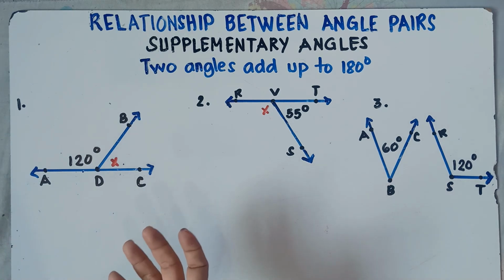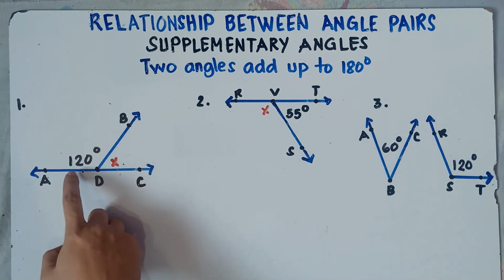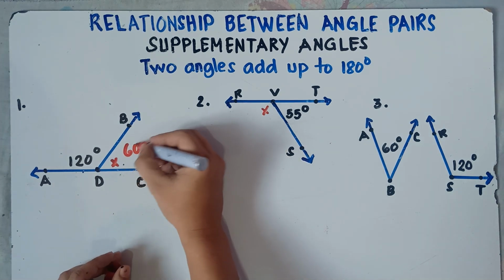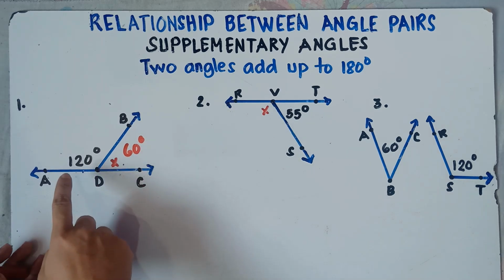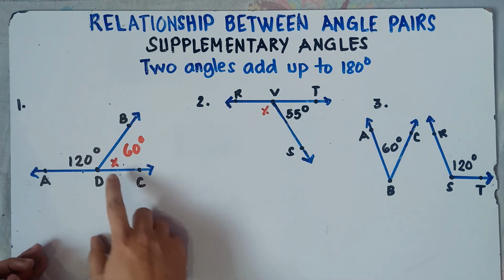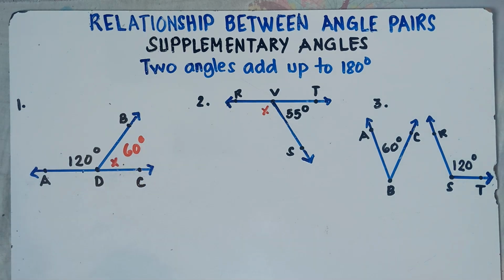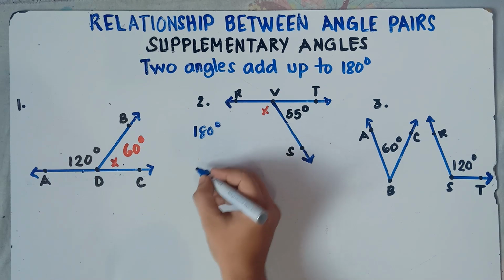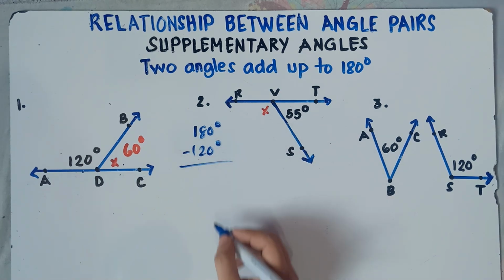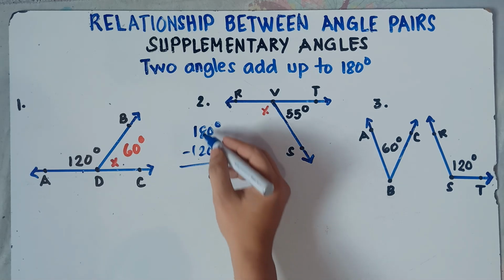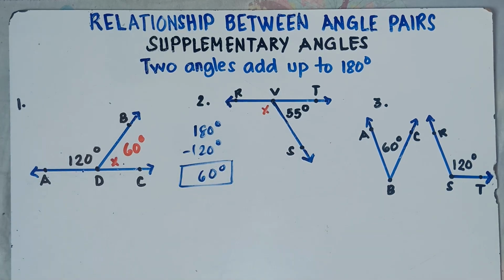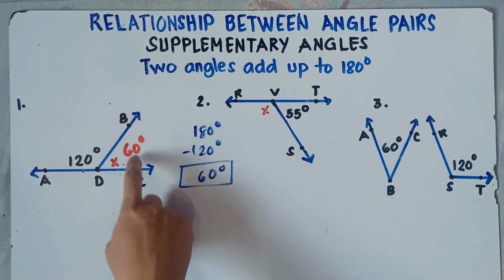Now you think of a number, class, you think of a degree, that when you add it to 120, you get 180 degrees. Of course, you can do the mental calculation, right? Your answer will be 60 degrees. Why is that, sir? Because 60 degrees plus 120 degrees, that would be 180 degrees. Therefore, the value of x, that would be 60 degrees. Or you can just simply subtract this 120 from 180. So 180 degrees minus 120 degrees, of course, that would be 60, right? So bring down 0, 8 minus 2, that's 6, so 60 degrees. So therefore, the value of x, or angle BDC, is 60 degrees.